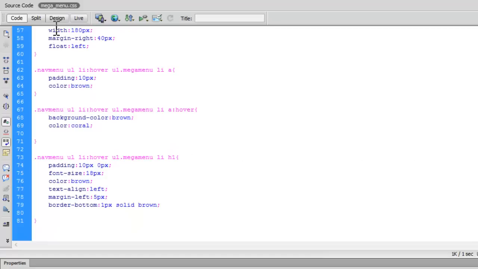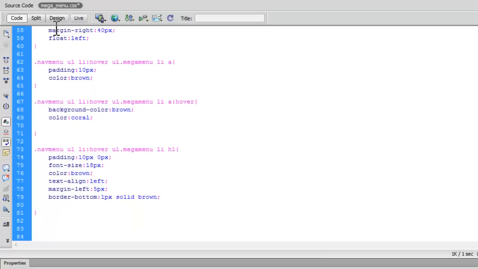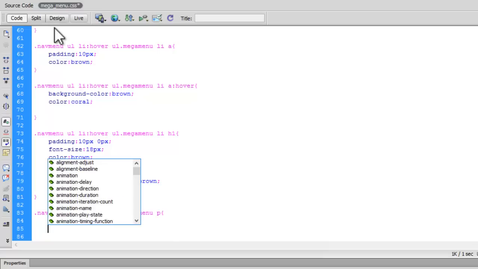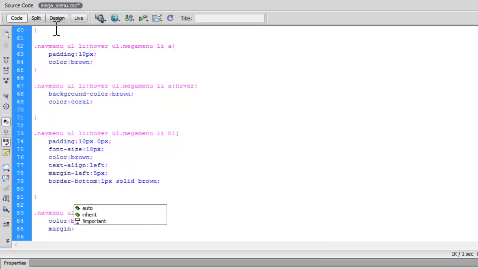So simply I will go to my cascading style sheet and let's copy this here, this much, paste it here. After this I will have my p tag, the color I want to have is brown for this p tag, and margin is 5 pixels,